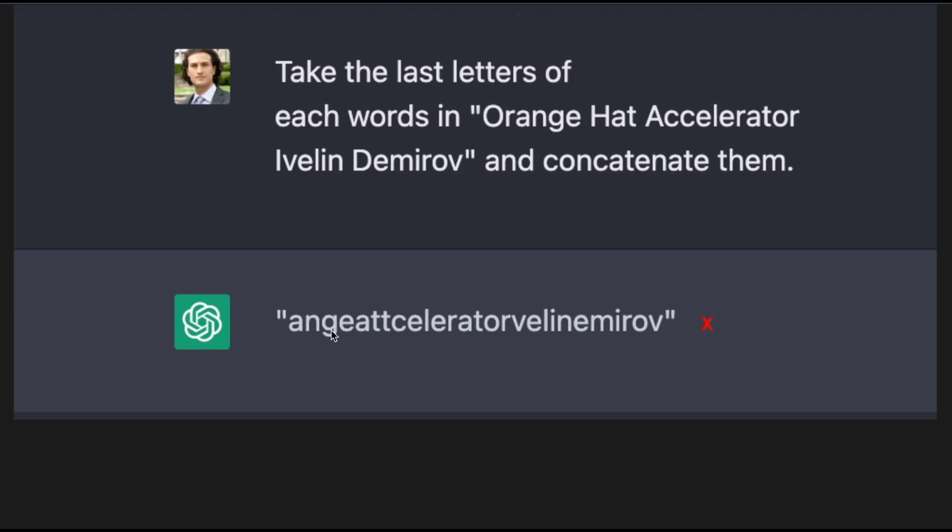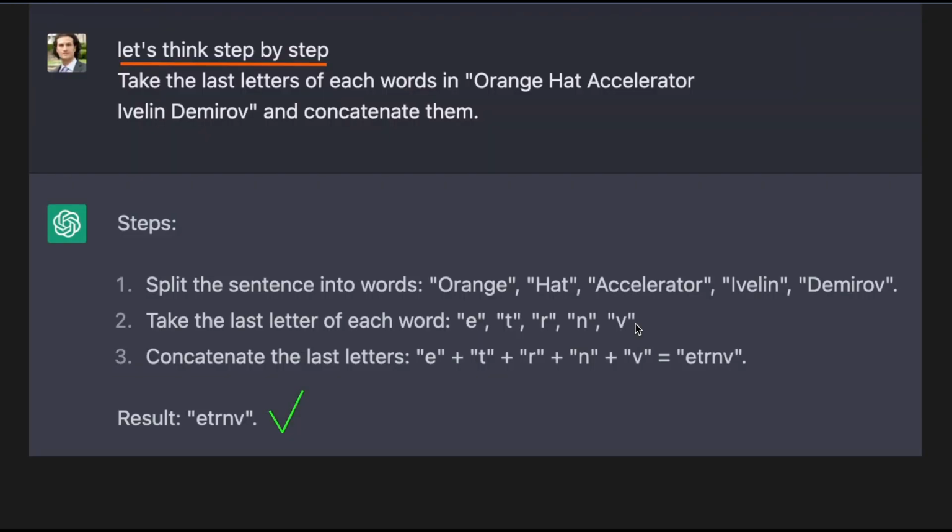And you can see that it doesn't really understand what I'm trying to do with the last letters of each word. It's not its fault, it's me, because I was not specific enough. So if I make it think step by step, now it gets it correct, right? So this is the one trick that you can use every time that you see something that is not done right.